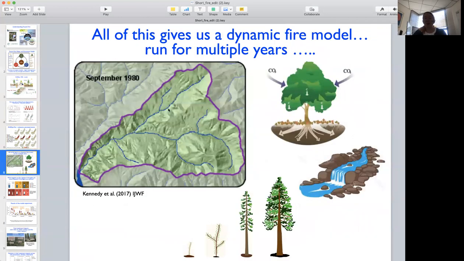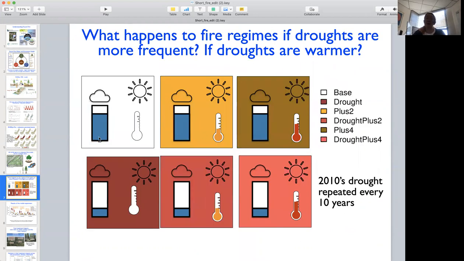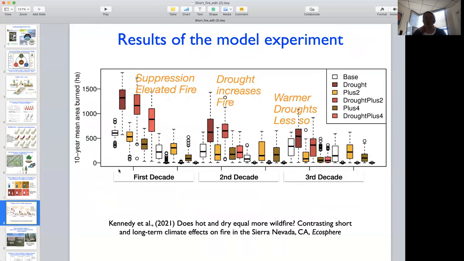Once we've done this, we have a virtual laboratory that we can use to ask, what will future fire regimes look like? And how will they be associated with carbon sequestration and water supply? To give you an example, we applied our RESIS model to a watershed in the California Sierras, and we asked, what if the climate warms by 2 degrees? Or what if it warms by 4 degrees? What would happen if the 2010 drought repeated once every decade? What also would happen if we turned off fire suppression?